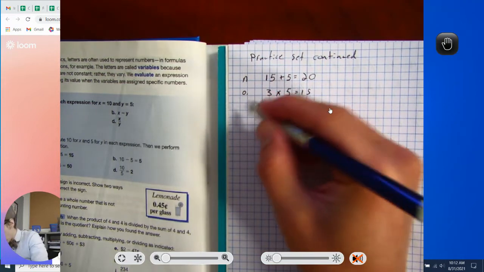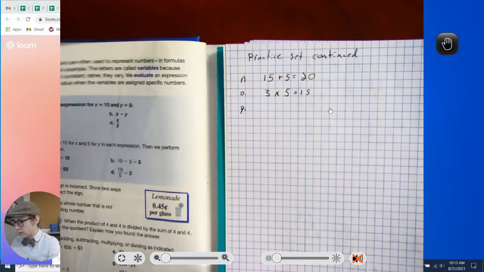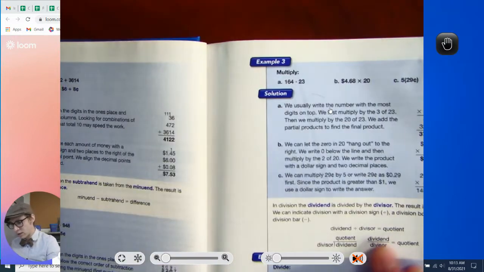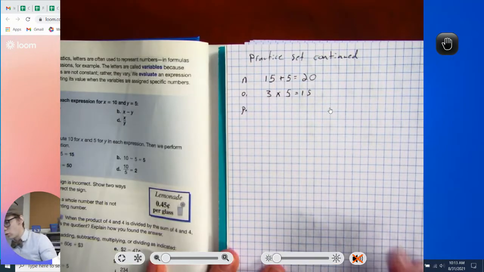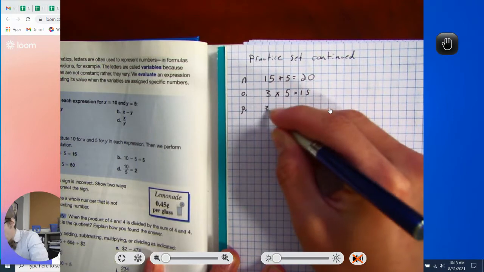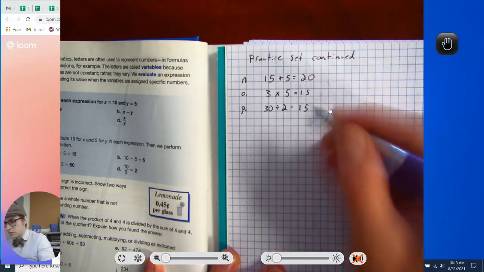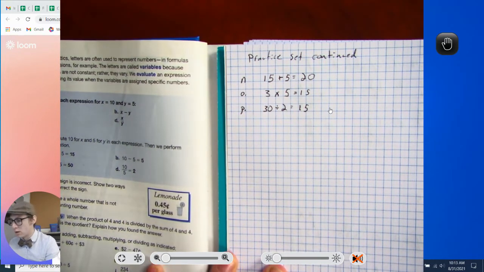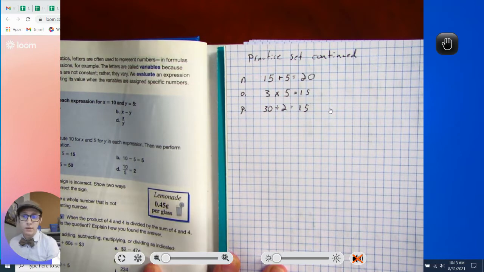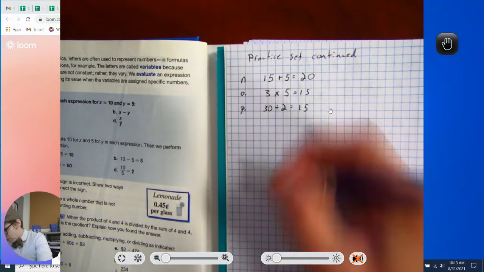M, N, O, we're at P. The quotient, again, we'll just go back here and see where it talks about it. It says the quotient is the answer of something being divided by something. So we'll do 30 divided by 2 equals 15. You could do 45 divided by 3, 60 divided by 4, lots of different options. 15 divided by 1 if you want to get cheeky. P, Q,